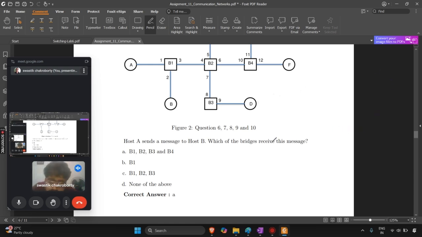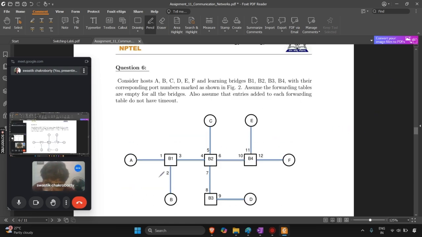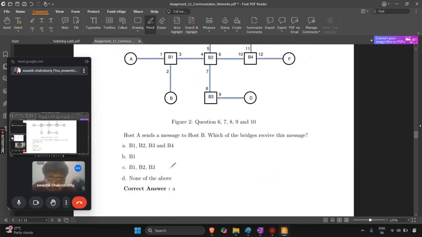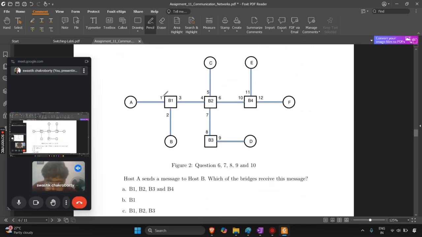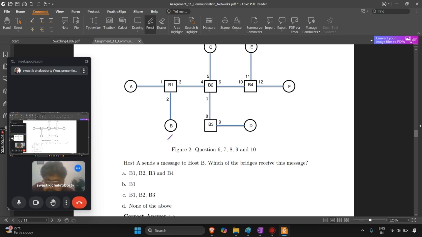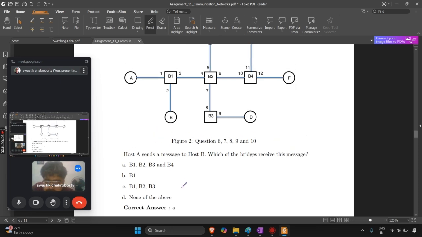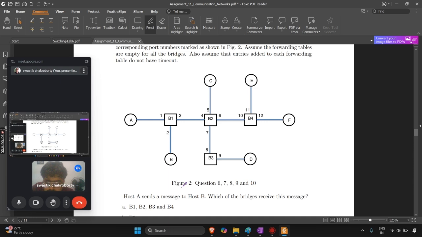Next you have these devices, hosts, and you have these learning bridges. Now host A sends a message to host B. So host A wants to send to B. So which bridges receive the message? Now host A will send it via port 1,